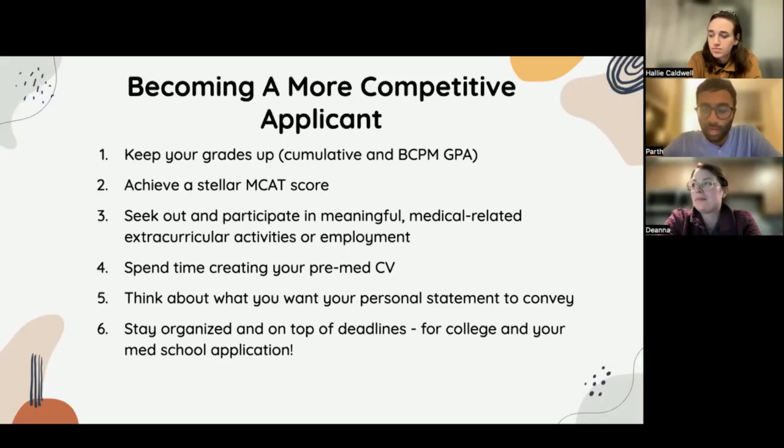So if you do have the time now, it's okay to start thinking about it, and even just jotting a couple of thoughts down on a piece of paper and coming back to it maybe every couple of weeks. It doesn't have to be something that you do always at the end of the year or right before the application opens up. And the biggest thing is there's going to be a lot of deadlines that you see,